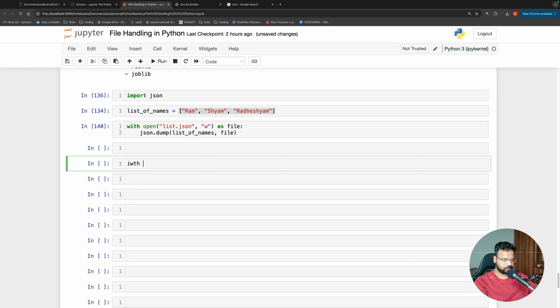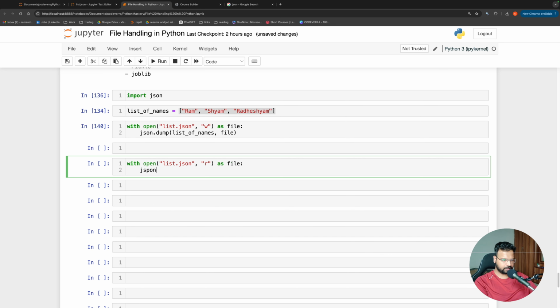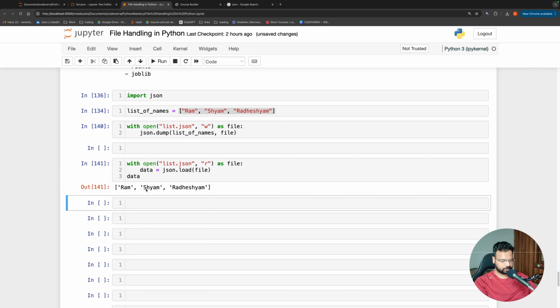then what I can do is with open list.json, and I want to open it in read mode. I'm going to say as file, and I'm going to say json.load, sorry, not json.read, json.load file, and I'm going to store it as data. Then if I look at data, you see I'm getting back the list, I'm not getting back any string. And if I do a type on this data, you see